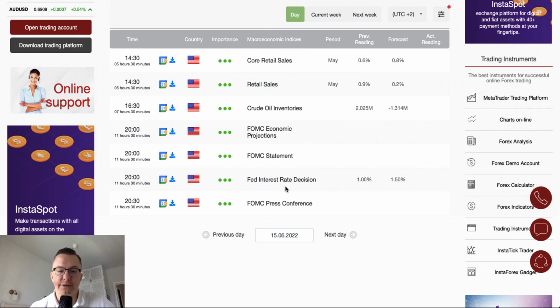Federal Reserve interest rate decision, statement, economic projections, and 30 minutes later the FOMC press conference. Market participants expect the Fed to hike interest rates from 1% to 1.50 at 8 o'clock p.m. tonight. Nevertheless, it's very important to keep an eye on the press conference and on the economic projections, because there might be a lot of clues regarding the future